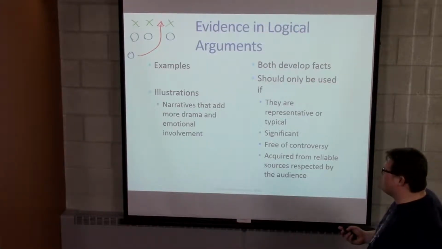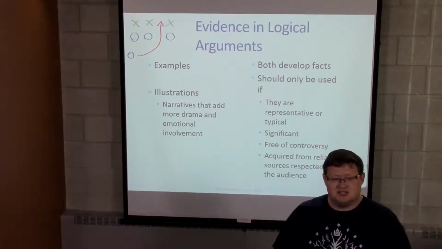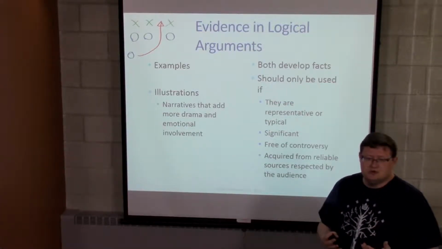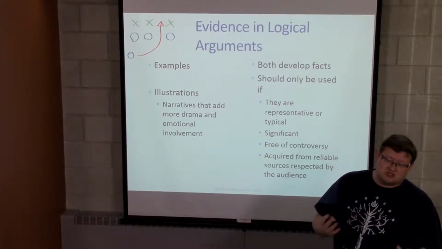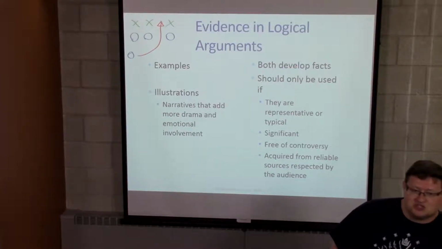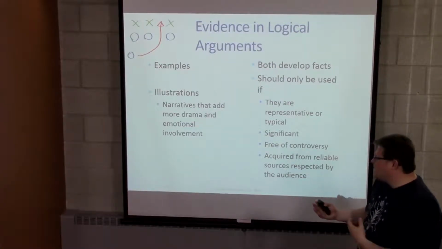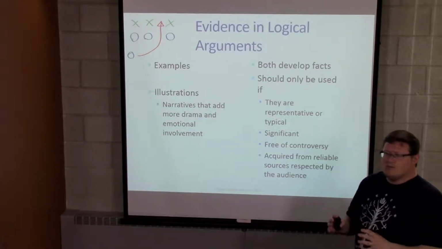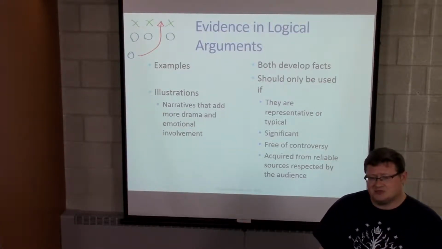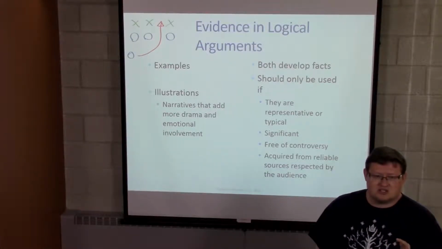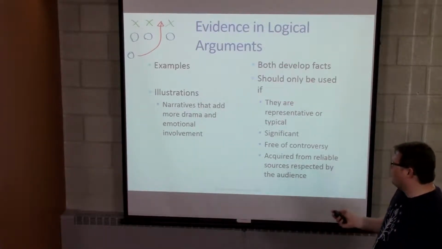Okay. An example. We talked a little bit about this when we were looking at different types of evidence in general, or how do you use different aspects of research. Certainly different kinds of examples. We talked about the different types: hypothetical, short, long, anecdotes, different kinds of examples. Illustrations, kind of a narrative that will add more drama and an emotional element. When we're talking about an illustration, we're really talking about an extended anecdote, probably that gives an idea. You tell a story about something, and that narrative kind of elucidates what specifically you're looking for.